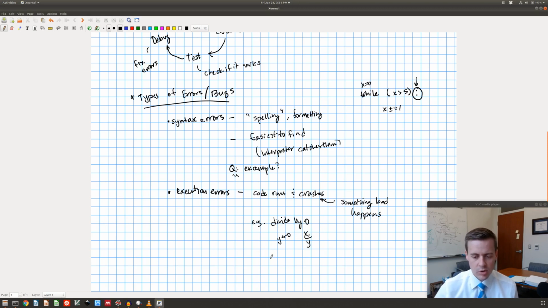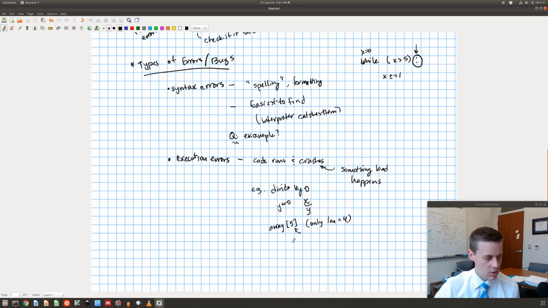Or suppose you have an array that's of length 4, and you try to access it at the 5th element, but it's only length 4. It's going to freak out at that. Or any other kind of situation like this where you do something bad. And these are less obvious than syntax errors, so they're sort of medium difficulty